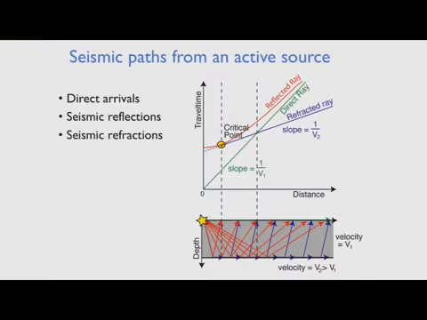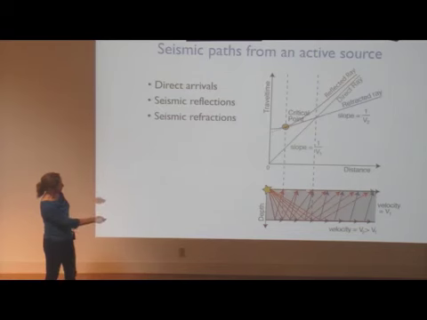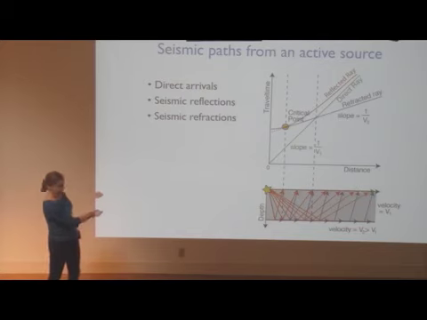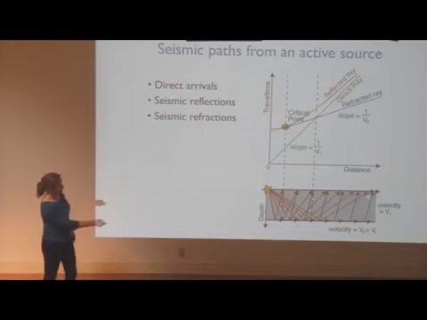Okay, so here's very simply the kinds of arrivals you get if we were to set off our seismic source, and we again have 2 different layers in the Earth with different velocities. The first thing we would record is direct arrivals from our source to a bunch of receivers here. And if we plot the travel time it took those rays to go straight from this source to this receiver as a function of distance, time versus distance,